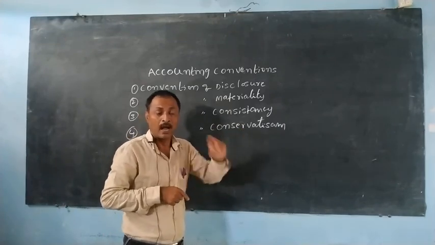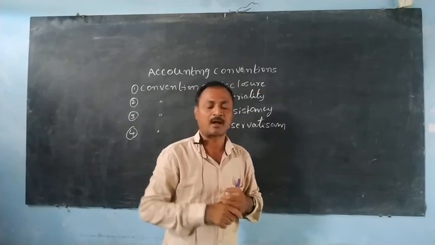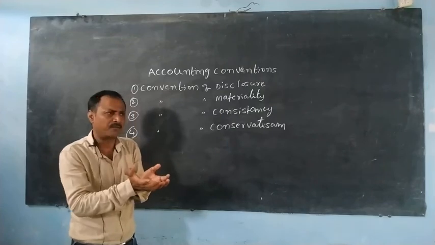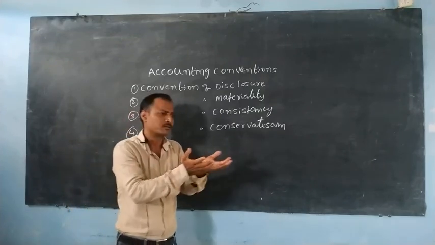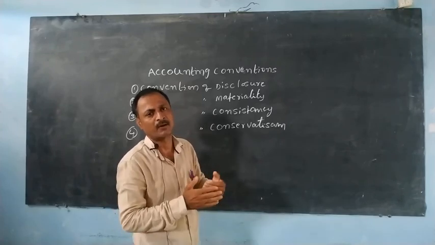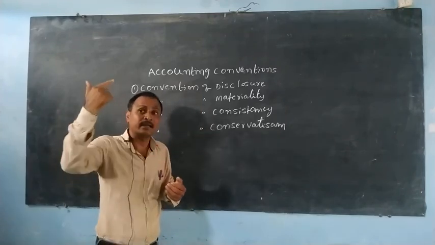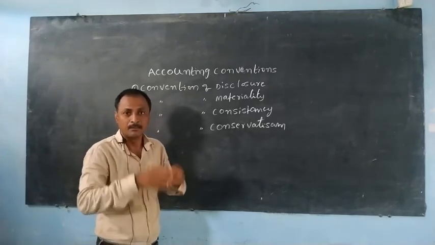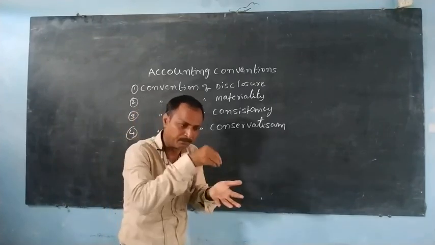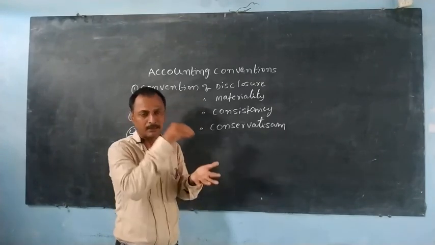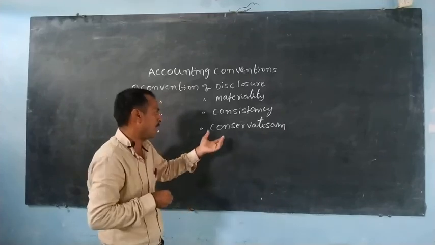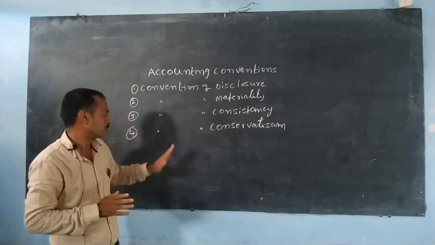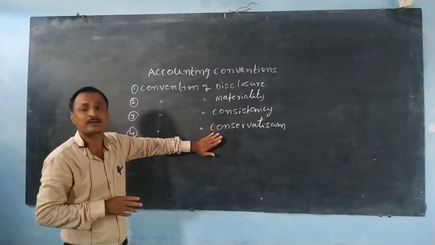Now only we should expect. Anticipated profits cannot be expected, but anticipated losses can be expected. It means in this financial year we got a profit of 10,000 after selling certain commodities. We cannot expect that in the future we will get 20,000 or 30,000 in profits, because getting profit depends upon the price determination of the particular product at the particular time. So anticipated losses, future losses can be imagined. That is the accounting convention of conservatism.